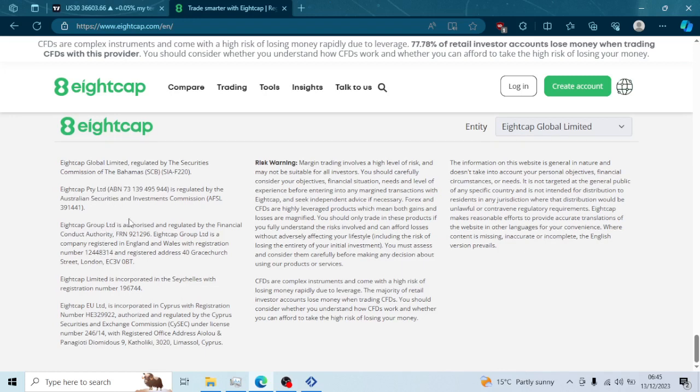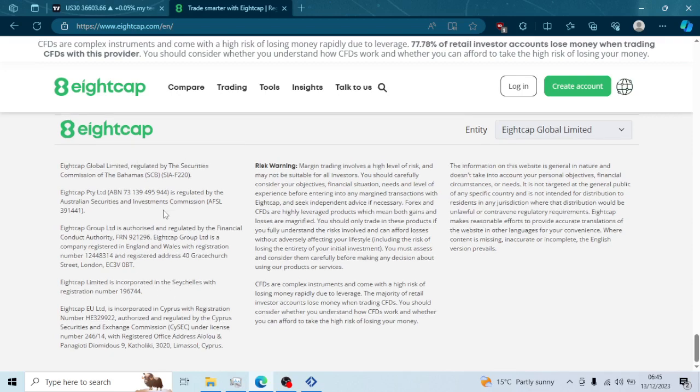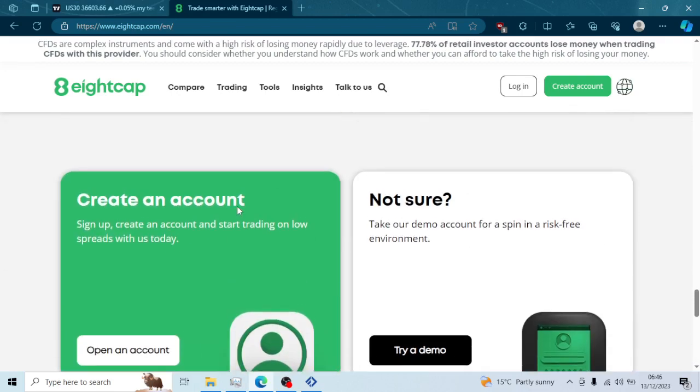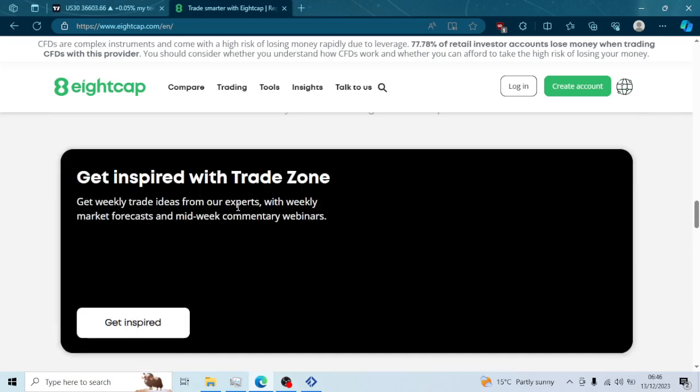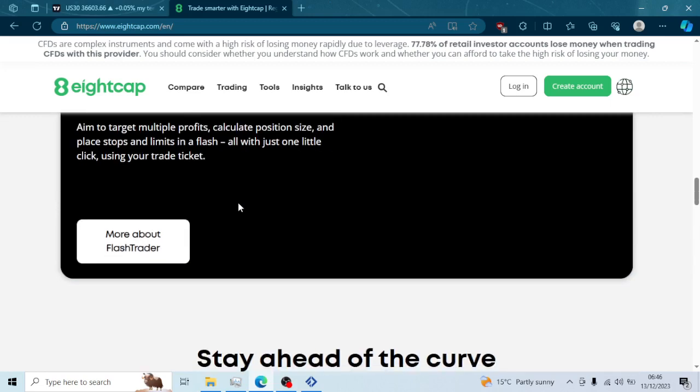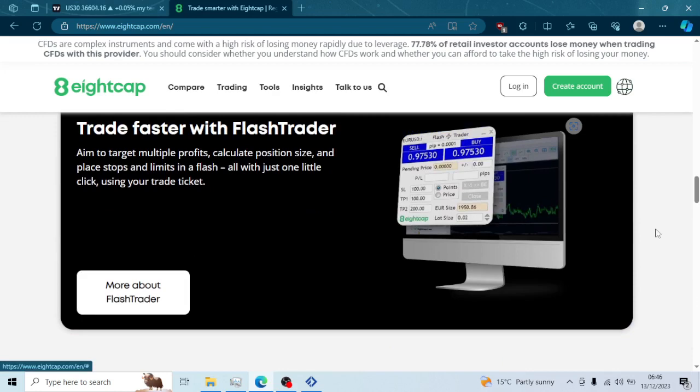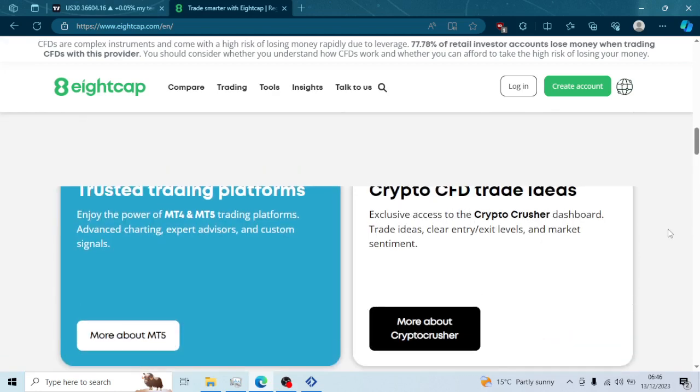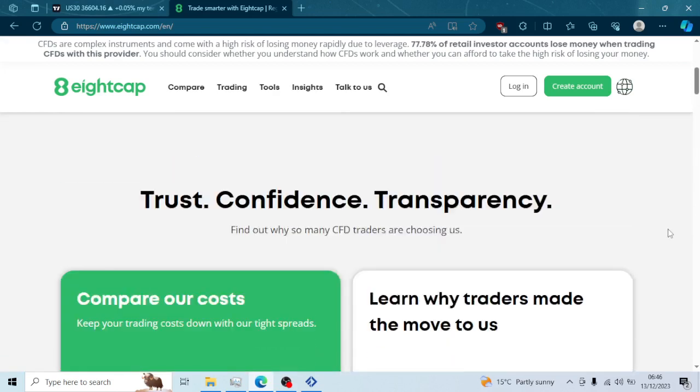I don't trust the Seychelles and the Bahamas, and even Cyprus. I really don't trust the Cyprus regulations. So once I see Australia and England, I trust those two regulations. So it seems like this is a broker that I must consider when I'm moving money from prop firms to brokers, because